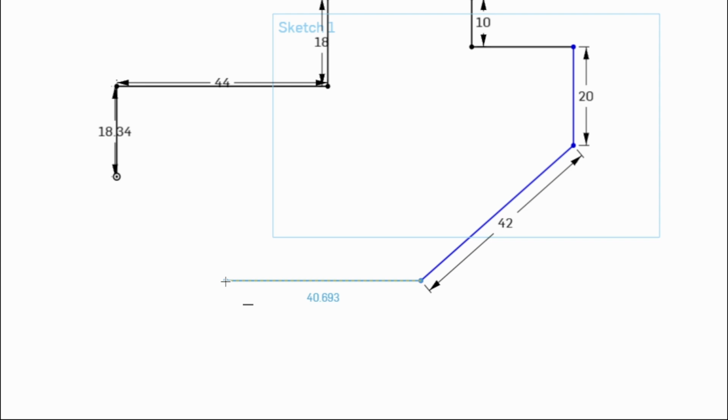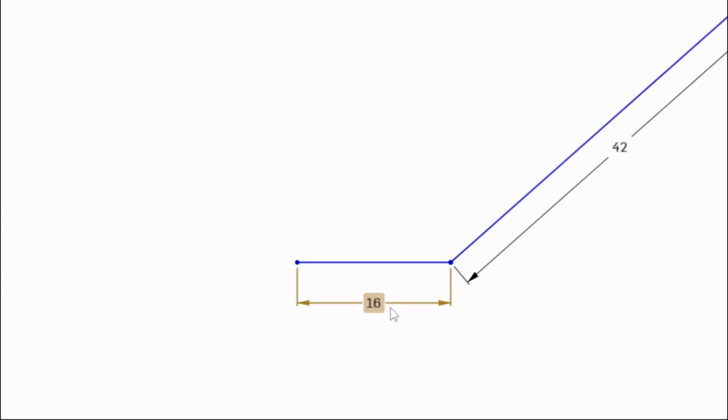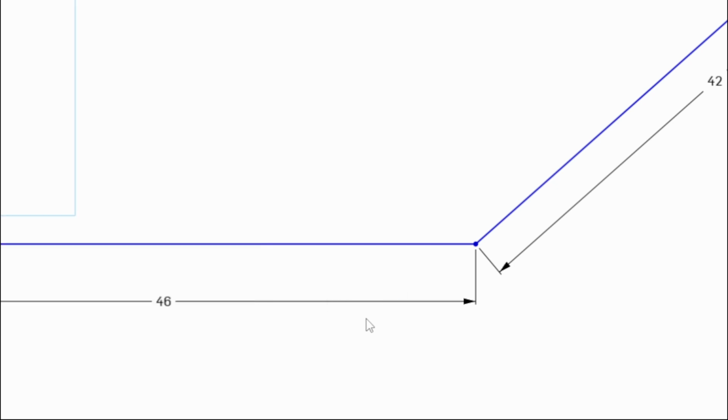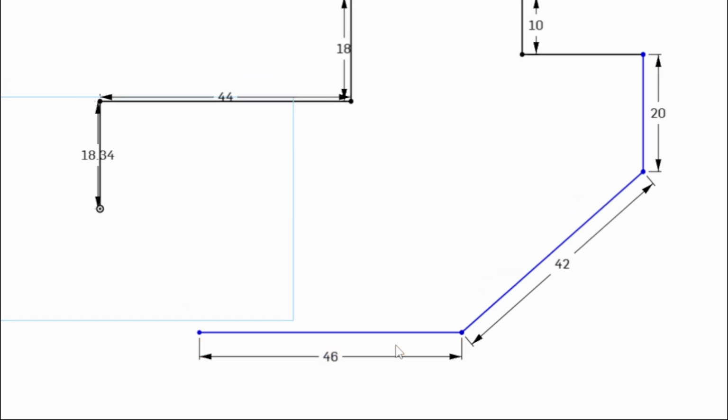So here we need this to be 46, and no big deal. I messed up on that measurement. It's supposed to be 46, not 16. Quick fix, double click your 16, change it to 46, press enter, and you'll see that it'll update itself the way it needs to. Now we're going to go from this corner, we're going to go line up